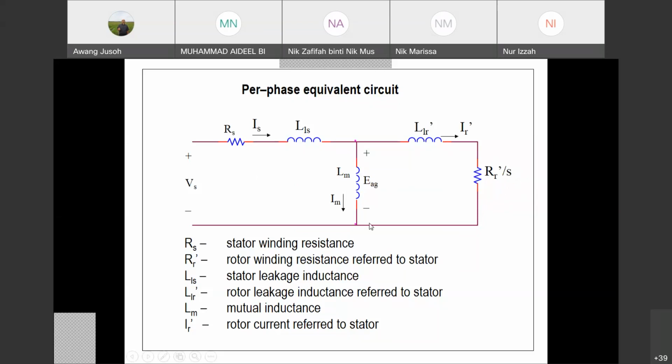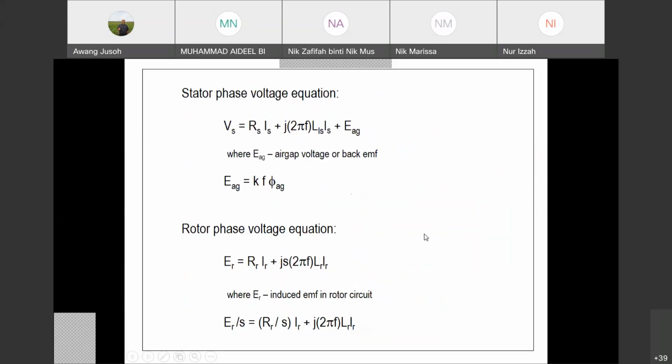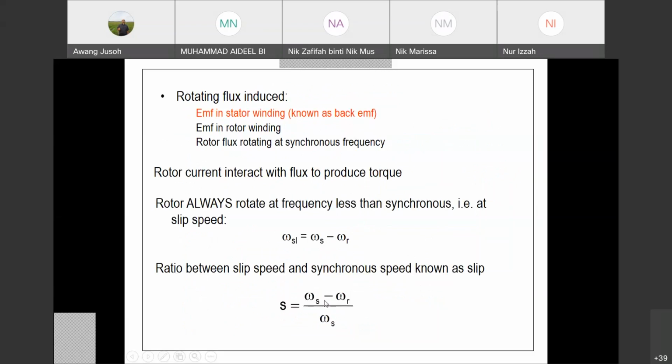First, in starting, we use S equal to 1. Then for full load, in order to calculate the slip at full load, you just use this formula. You find the rated synchronous speed, you find the rated speed. Rated equals full load, same thing. When we talk about rated, it means the full load condition. So find the speed at rated or full load, and you know S, then you get the slip at full load. Then you use the full load slip to solve your problem.